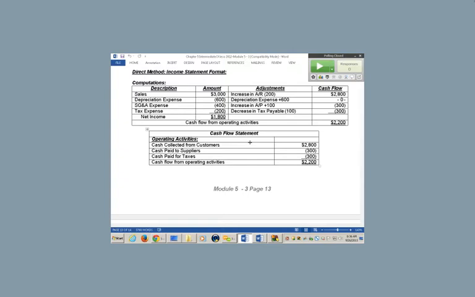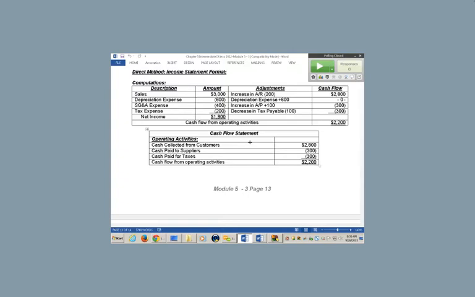Again, another thing you can look at, I think this number is important. Cash collected from customers is probably, if you did a trend of cash collected from customers over time, that may actually be more revealing than some of the financial ratios we use on an accrual basis, like the days sales outstanding. Maybe this is a better measure.